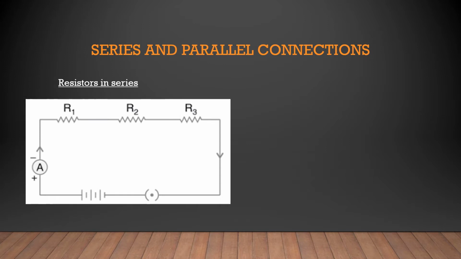See, this is how the resistors are connecting in series. Here in this figure, you can see three resistors R1, R2 and R3. They are connected one after the other. So this type of connection is called series connection. And in order to complete the circuit, we have an ammeter. For what is an ammeter used? An ammeter is a device which is used to measure the current. And here we have the cell and switch.